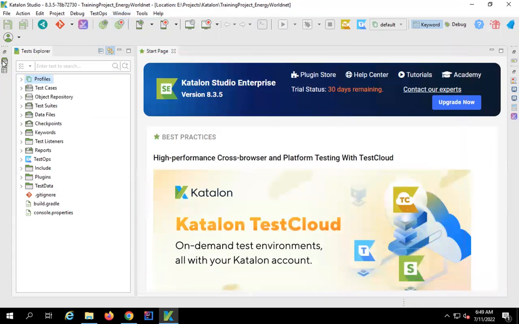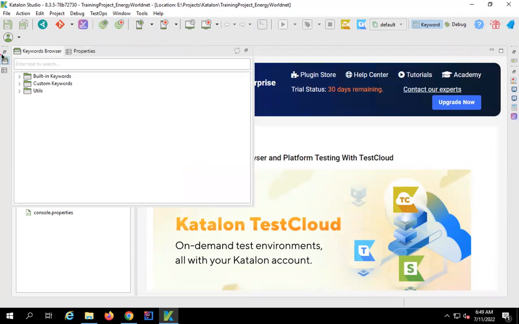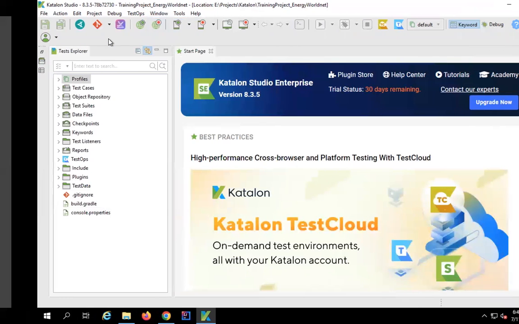Okay, then there is a keywords browser here. You will see here on the left margin we have the keywords browser, where you can see all the built-in keywords for web, mobile, Cucumber, web services, and custom keywords, etc. So all this you will see here. And now,